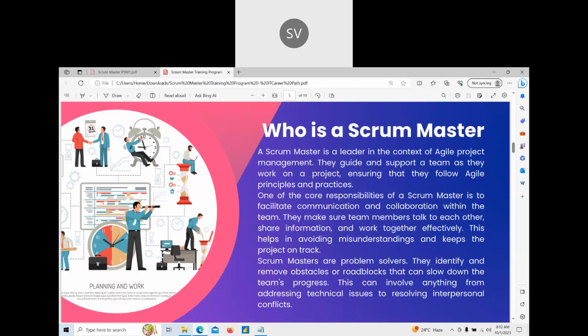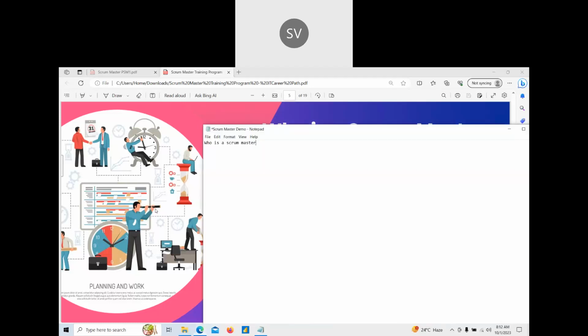The person looking through the binoculars is the Scrum Master, because a Scrum Master acts as a leader to the Scrum team. The Scrum team has developers, testers, BA, product owner, and Scrum Master. Together this is called a Scrum team.